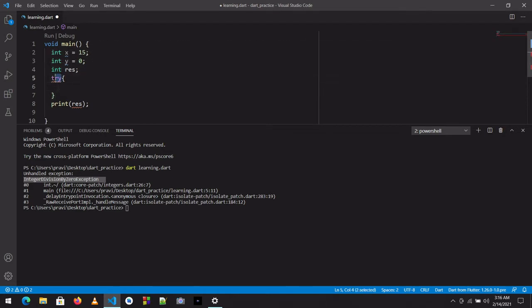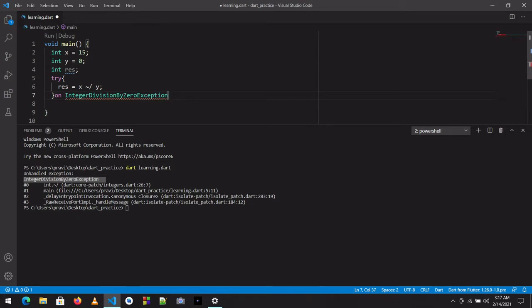So it is try something, try some statement or function or task. If that doesn't happen, then catch the error and handle that error. So I will try the division of x by y, and if there is an error, we will use on. Now what was the exception here? IntegerDivisionByZeroException, right? So on IntegerDivisionByZeroException, we will just copy this from here and put it here.